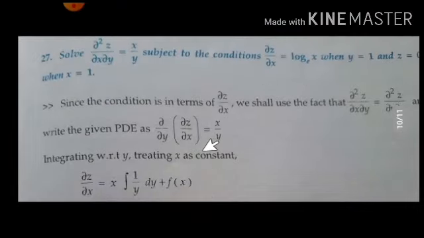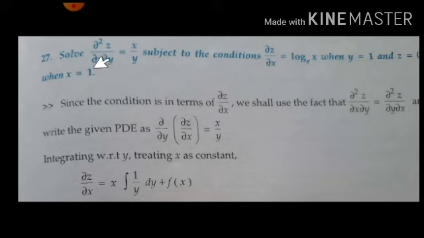Let me take one more example. Solve a partial differential equation, non-homogeneous, with this condition. Let me start writing it from the left. Observe here: till now we didn't face any problem. From the left, as they have given, we used to write it down. But you should be very careful. It also depends on the condition they have given.